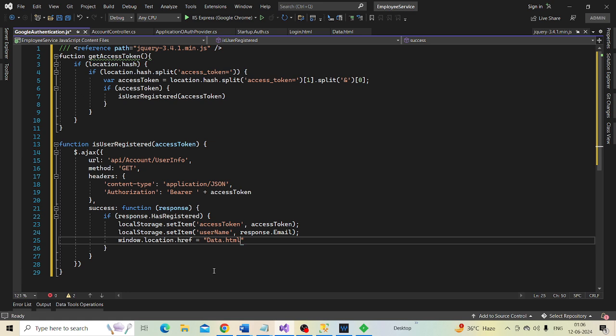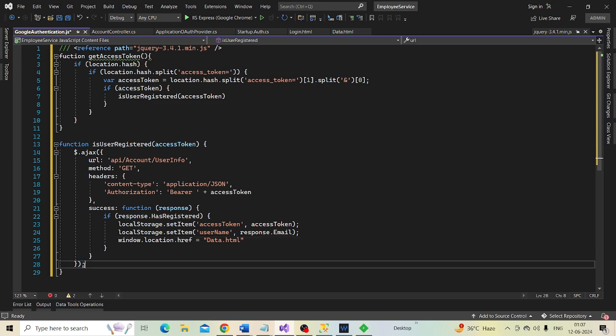So if the user is registered with our application, this is what we want to do. If the user is not registered with our application, then we want to register the user.